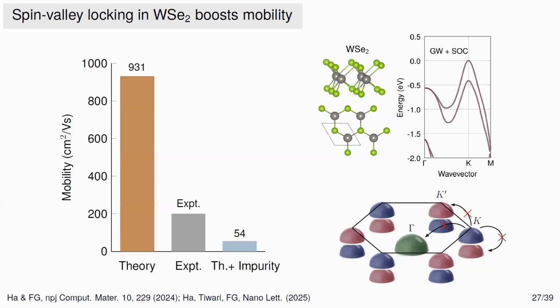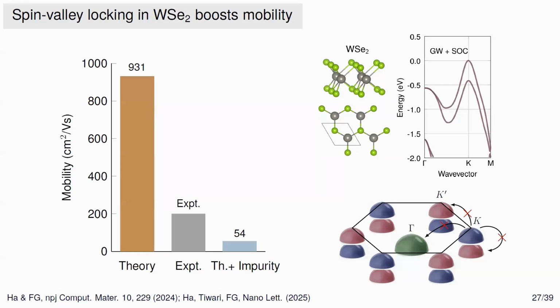So at this point, we started pushing and talking to experimental colleagues and discussing what can happen here. And then we realized that, okay, let's do something that we had not done: including impurity scattering. If you start incorporating impurity scattering with the levels observed in experiments, which is about 10 to the 12 impurities per square centimeter, this value drops down here. So you go from 900 to 50. What that suggests is that maybe these materials have very strong potential for delivering extremely high mobility, but the imperfections in the crystal are what cause these poor values observed in experiments.